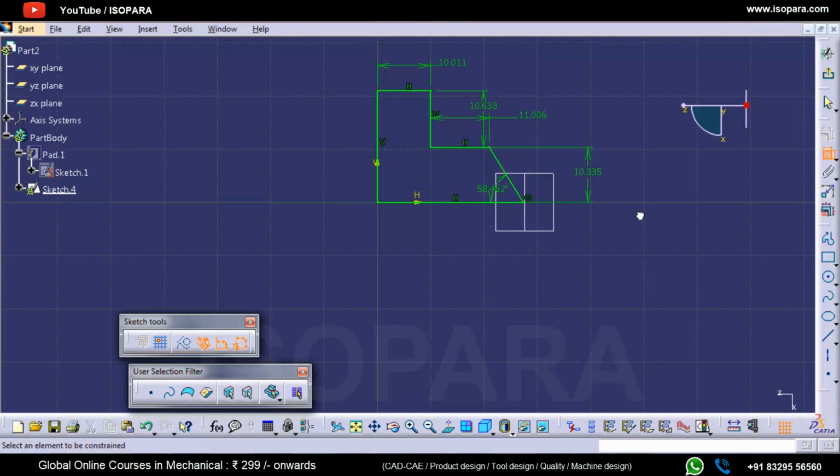But right now, what is the issue if I want to move this sketch somewhere else? Let's suppose I want to move this sketch completely away from the origin, somewhere here, because some requirements have changed.